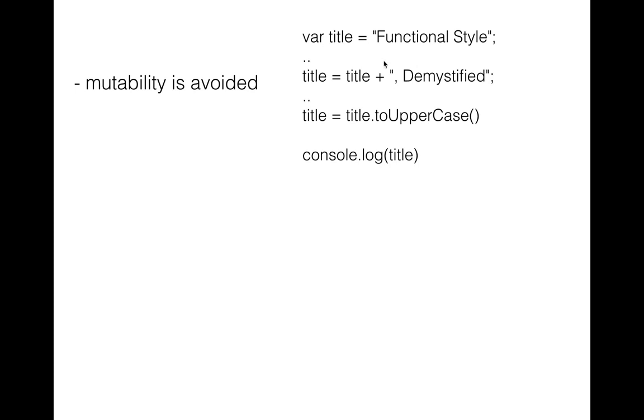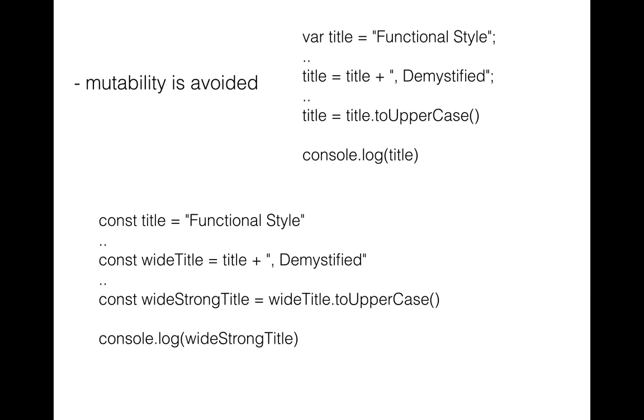but in a typical complex program or a script, if we have such a kind of nature wherein we keep on changing the value of a variable, it is very difficult to keep track of the state changes and is error prone. So in functional style, we avoid that by creating immutable values.